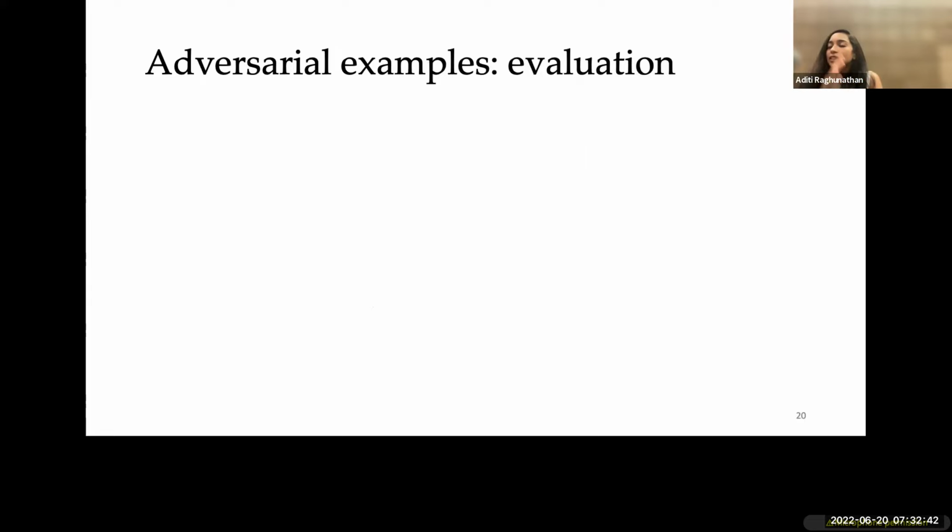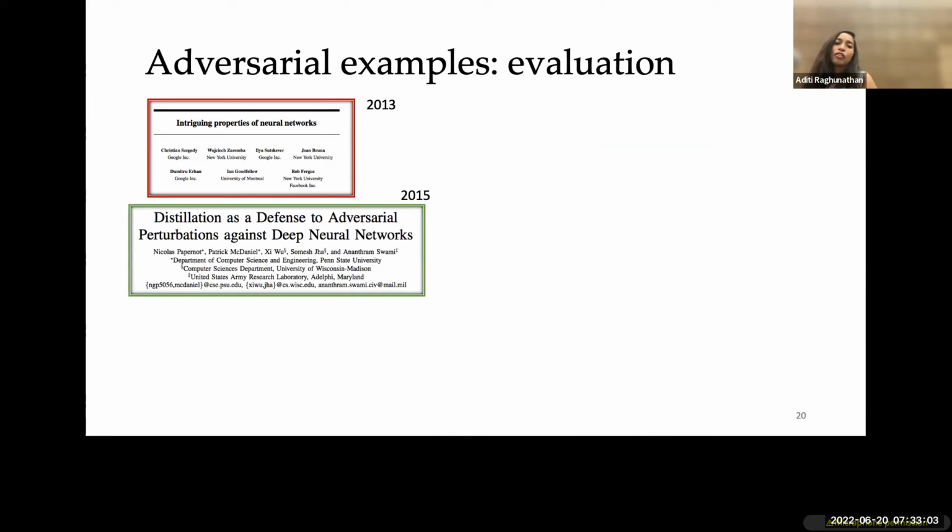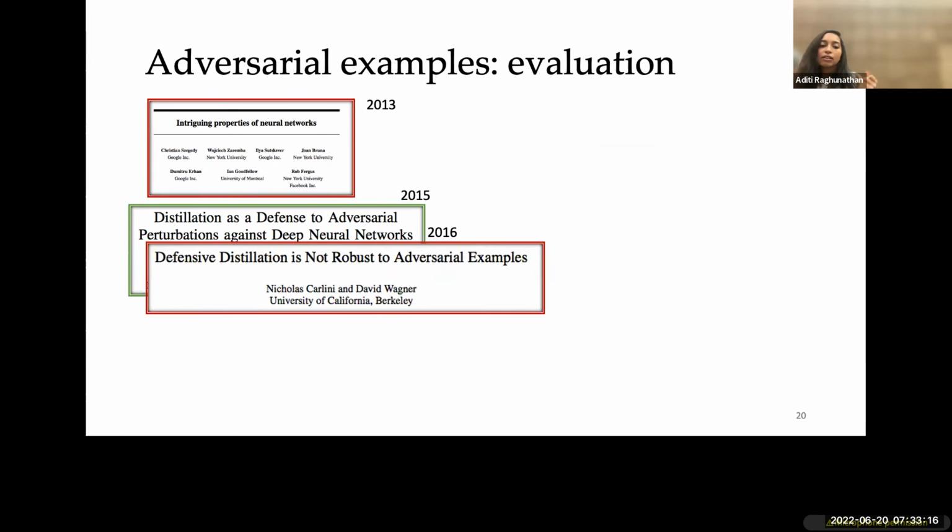Like I said, adversarial examples have been quite popular for a long time, and there's been a lot of work in this area. So what does that look like? Here is a sampling of papers from the early days. In 2013 the existence of adversarial examples was shown, and very quickly there was an idea of a defense proposed. The reason this problem was challenging was not that there were no ideas on how to defend. A bunch of different ideas were proposed, but very quickly it was seen that all these defenses were not robust and you could break them.